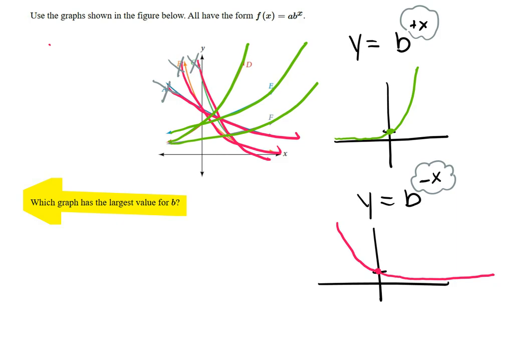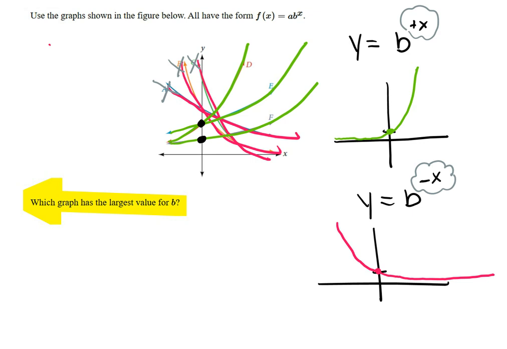Now, they're supposed to go through the y-axis at 1. One of them does, and the other 2 look like they've shifted up. It really doesn't matter where they cross it to determine the base B,